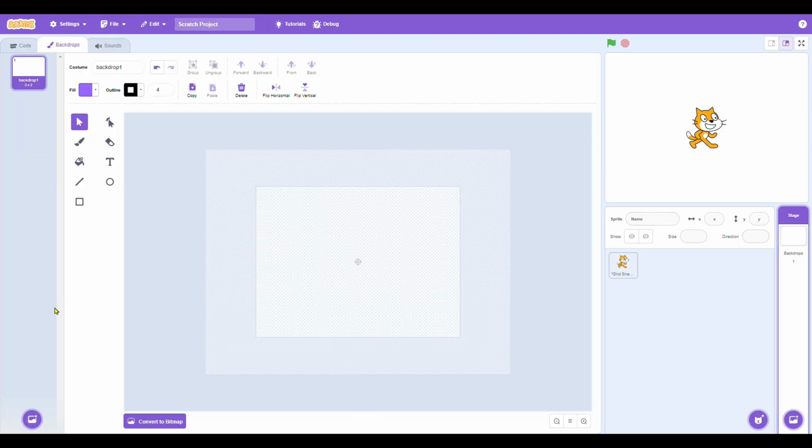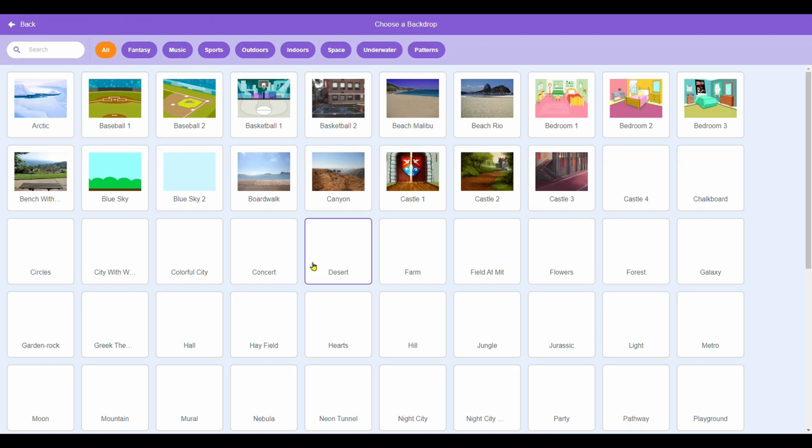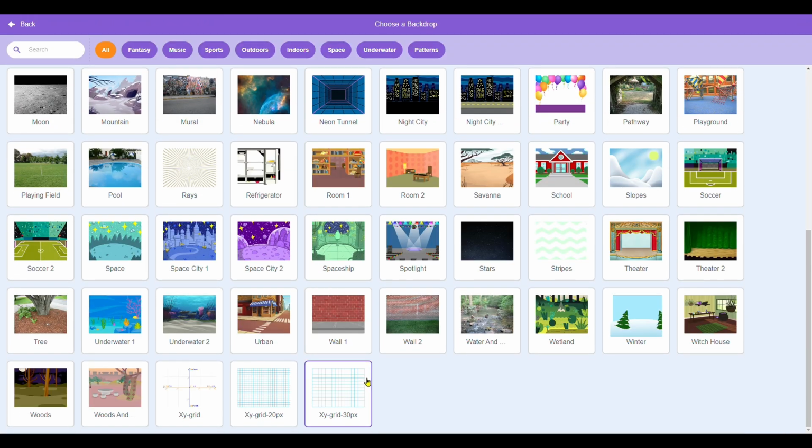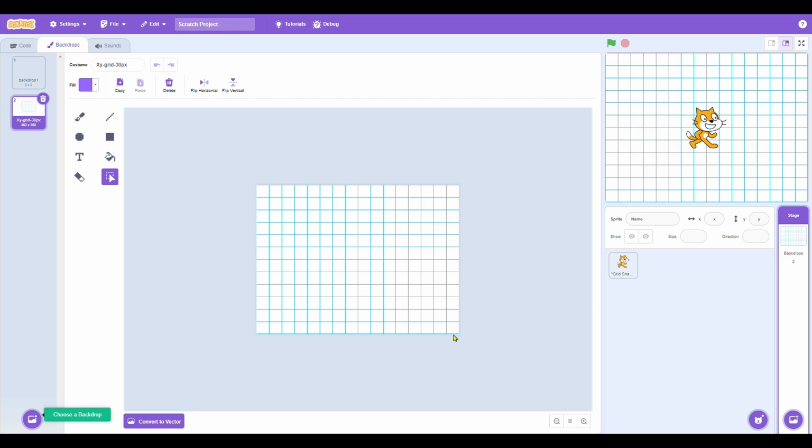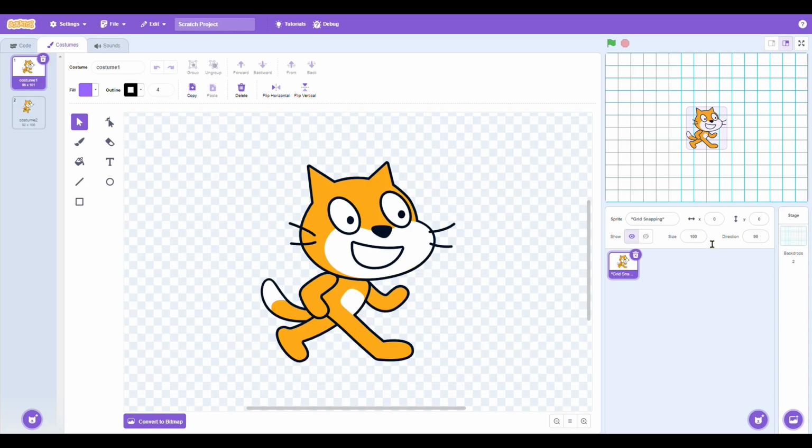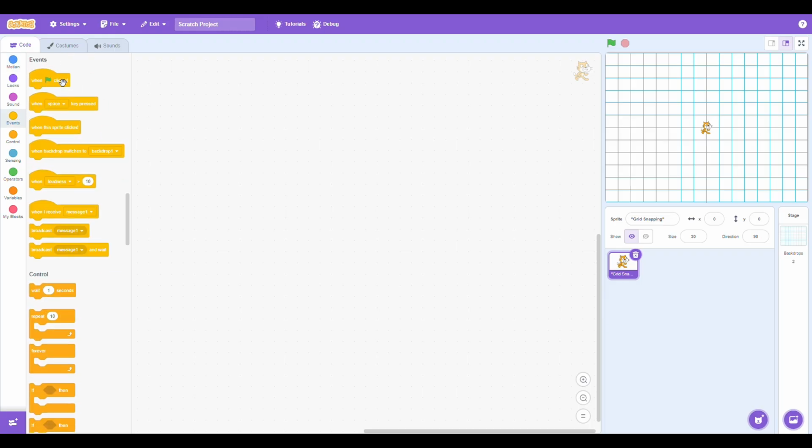Then get a background. Scroll down and get the extra red 30 pixels. This means that each pixel is zoomed by 30. Then set the size to around 30 or lower. Click,